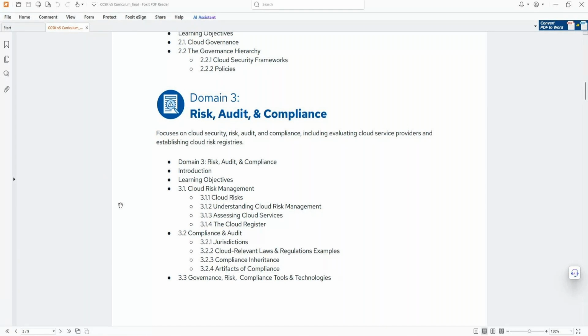Okay. So what we have to keep in mind is that we should have an understanding of how I can continue my existing compliance from on-premises to cloud. How do I ensure that I'm able to have proper cloud compliance? In fact, we have a term called cloud compliance inheritance as well. How can we do that?